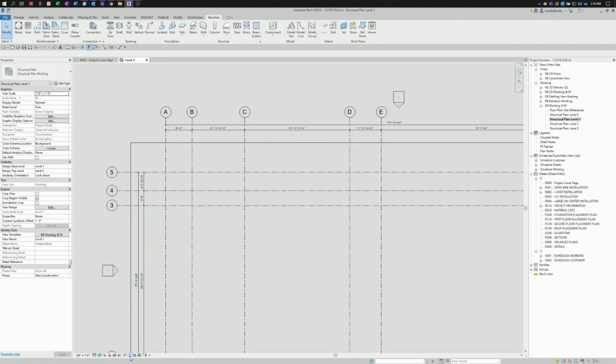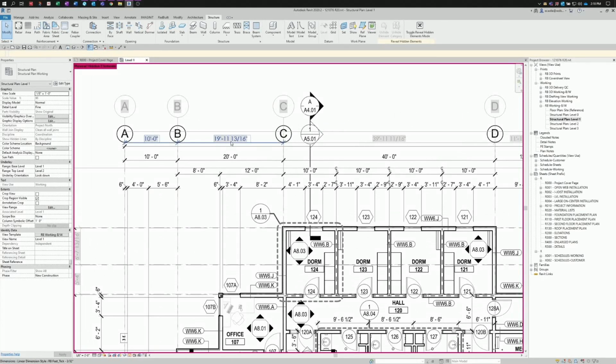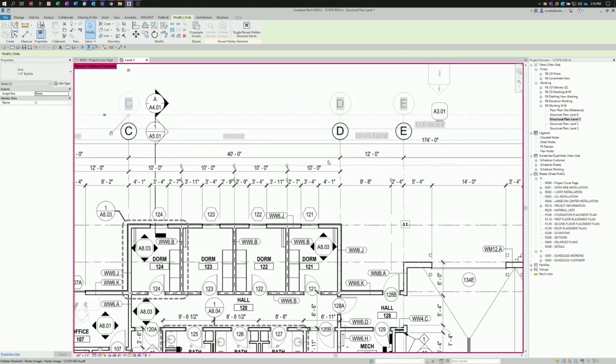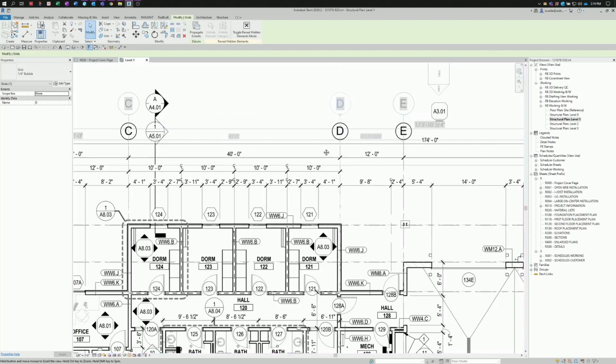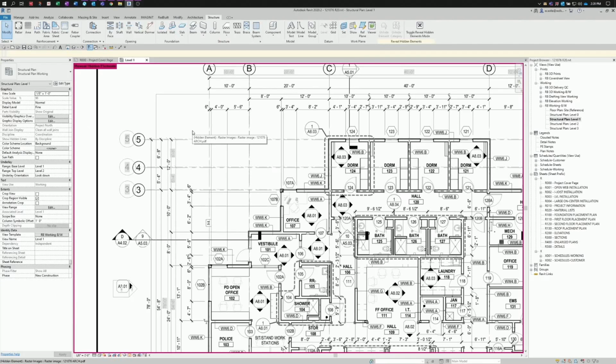So what we're going to do is turn on the hidden elements, and in each area we can select our grids and use the temporary dimension to correct the location of them. And we'll go through and select each one. So we moved C, now we have to move D, and we'll go through this process to clean it up. Now that we're done adjusting all the grid lines to match the conducts, we're going to start with adding our